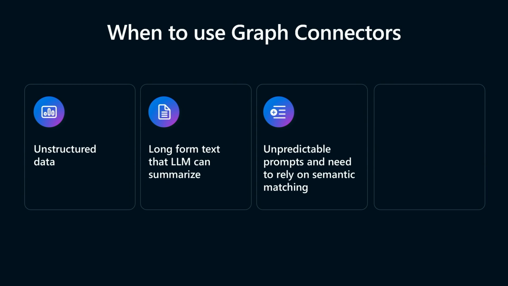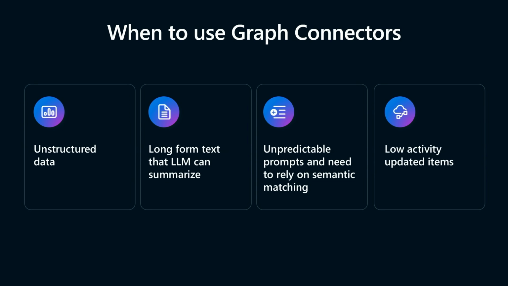Now, the beauty of this, in my opinion, is that you don't have to plan much about what prompts you think your users are going to go do. Because if you're indexing the entire page, much like a Copilot index of a public website, you can ask it questions in all different ways because it's indexing that into a vector database. And so I can ask quite random prompts. And as long as the answer's in the page, most likely the orchestrator and the Copilot are going to work together to make sure that it can find that answer and respond to that user. So the notion of unpredictable prompts on large sets of unstructured information is really, really valuable when it comes to Graph connectors.